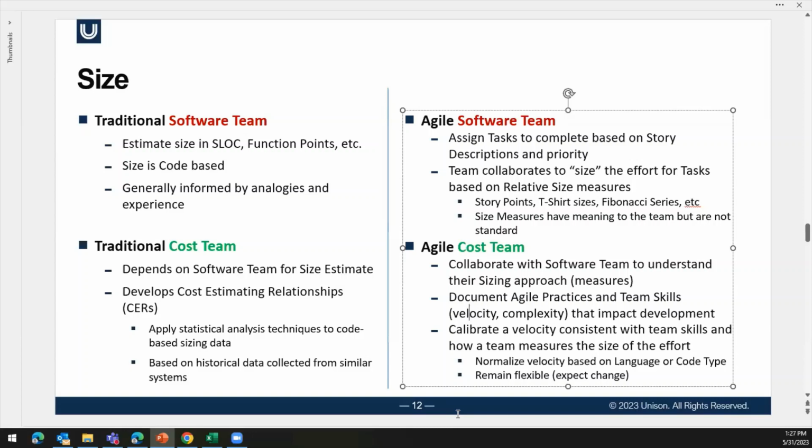Now, in some cases, that's always going to be challenging because a software mind is not blocks and cubes. It's always very creative because it's like creating a piece of art when you program something. But cost estimators still need to work in sizable, definitive chunks so that they can attach dollars and hours to those chunks so that the program manager can advocate for a budget to deliver the product. So it requires the cost team to speak Agile, to understand Agile, and then to write cost estimates and configure cost estimates that will incorporate velocity, that will incorporate complexity,